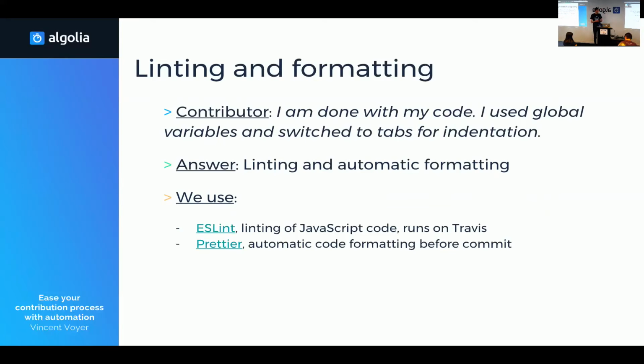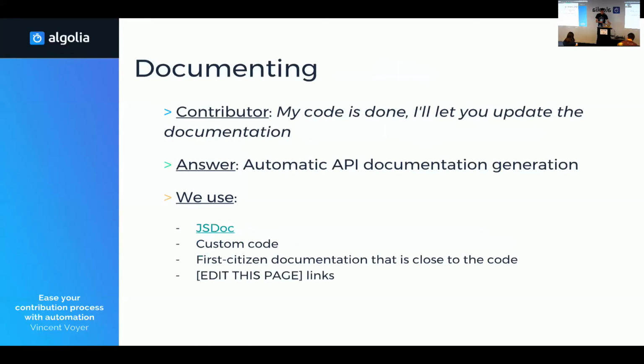Another way for us to put some automation inside the contributor workflow is to lint the code. Again, we want to avoid back and forth for the developer. If we can tell him, careful, your code will not work in a real situation, linting can help us do that. So we use ESLint so that the developer has some good information before trying his code inside his browser. Okay.